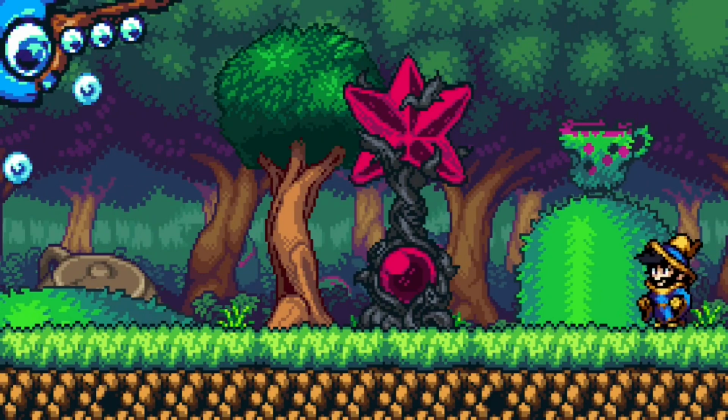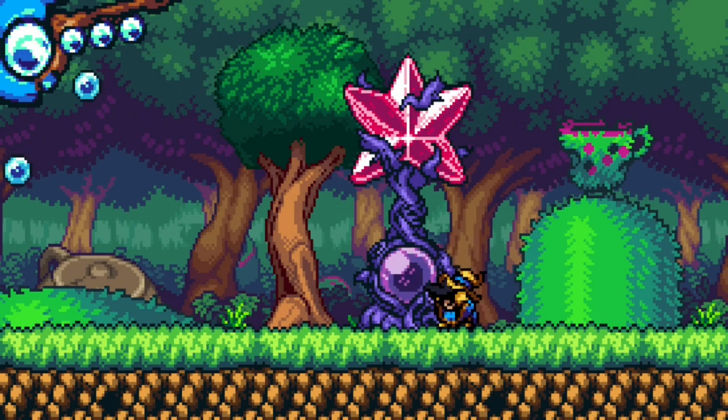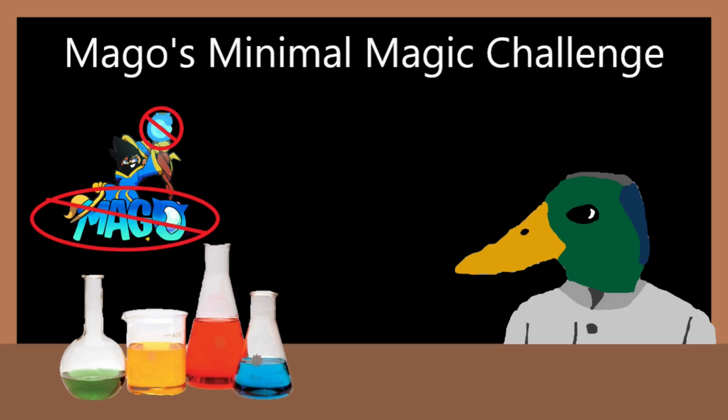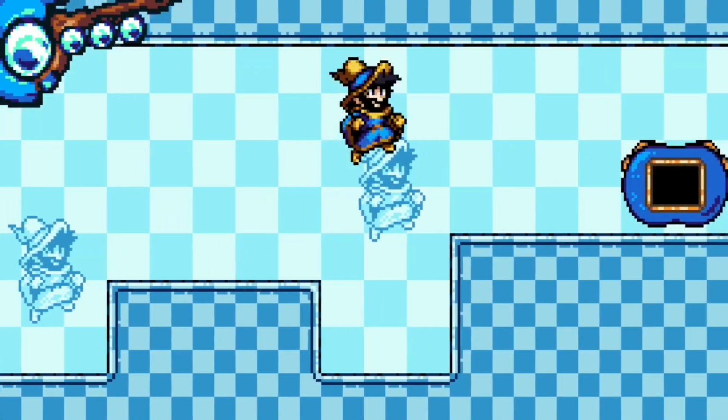Anyone who's touched the game sees the immediate issue. You have to use magic to finish most levels, so instead our goal will be to find the minimal amount needed. And so we enter the tutorial. Not too hard,